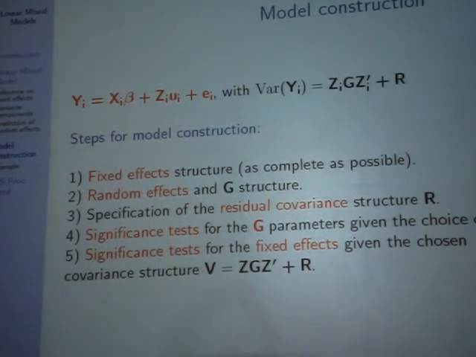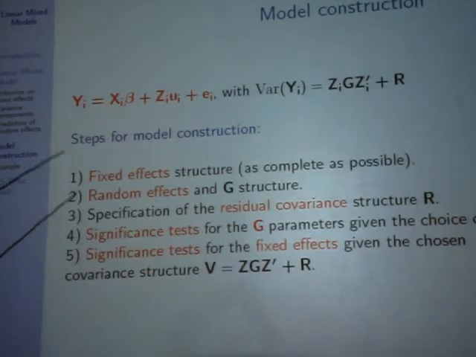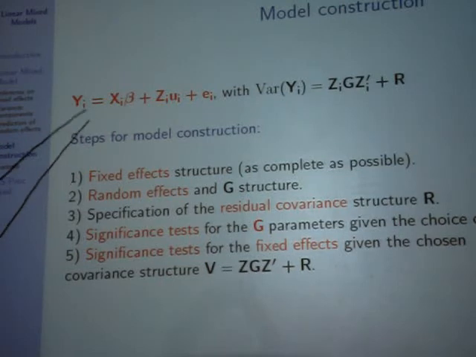We will now see the different steps for the model construction for the analysis of longitudinal data. The model is written like this. We have yi, the observations, equals xi beta plus zi ui plus the residuals ei. To construct the model, what Verbeke and Molenberghs recommend is to first select the fixed effect structure, the xi beta. In this first step, you choose the most complete fixed effect structure, as complete as possible, and then you will do the significance tests afterwards. The second step is to choose the random effect structure